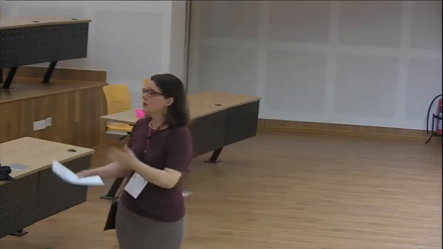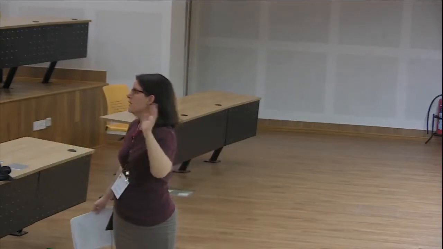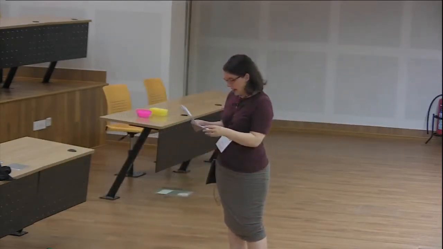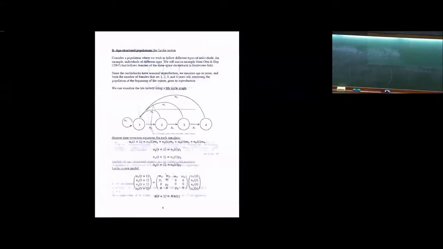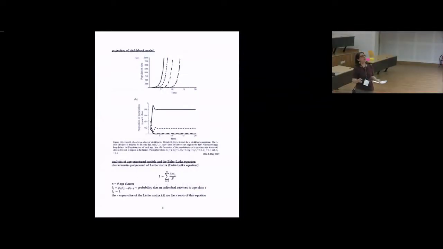Right? So we have the very simplest flavor here, and I'm going to stick to that. But as you go on and do more work with this type of model, there's a lot of other possibilities that you could do. But this is the simplest case. And for this, it just sort of tells us what happens to numbers. And we can project. The simplest kind of analysis would be projection. So I think the next picture actually will show up. There. So these 2 graphs show, this graph on top shows population size as a function of time for these 4 different age classes, given certain values of this, and I'll give you this in a minute. And then this gives you the proportion of the population that's in each class.